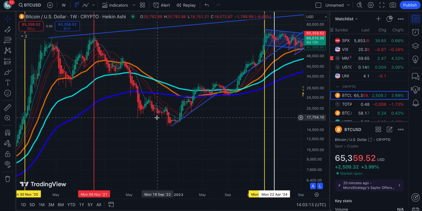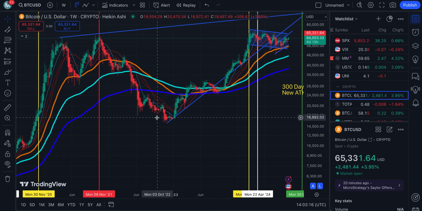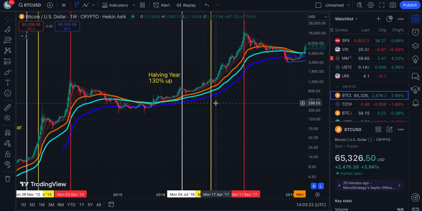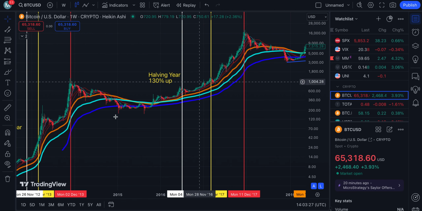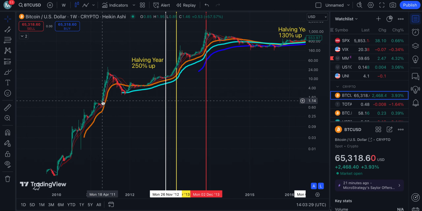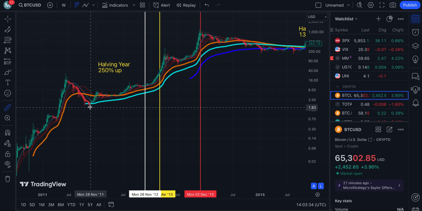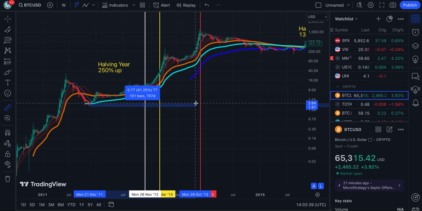Anyways, I talked about how we were going to measure from the lows to the eventual peaks, because that's something we've taken a look at. The average from, remember, the new all-time high is the yellow line, the halving's a white line. We already did the math on that. So let's take a look at the lows to the next eventual peak. So we're going to take our ruler here, and I'm just going to eyeball it and see where the low is. We're looking at the weekly, so there might be a little bit of plus or minus a few weeks. But here you can see 742 days.